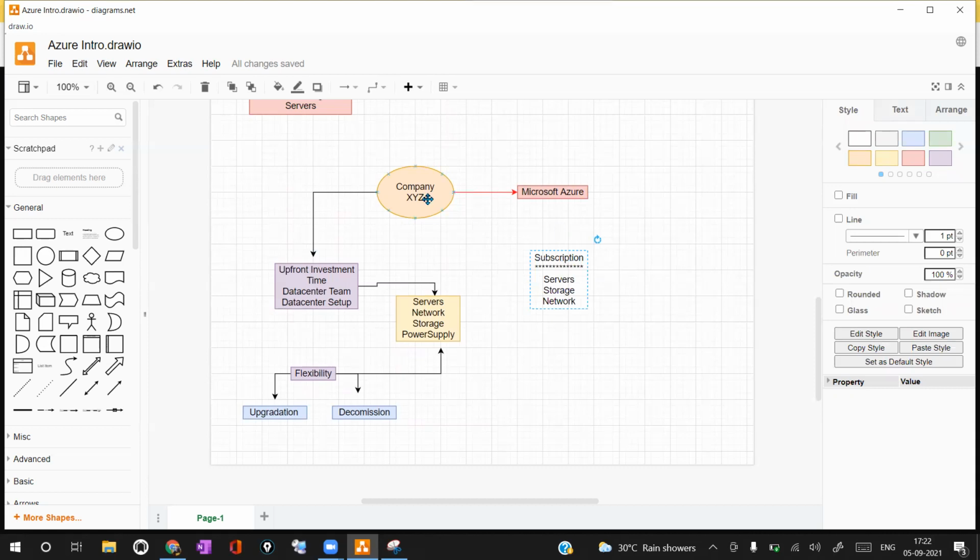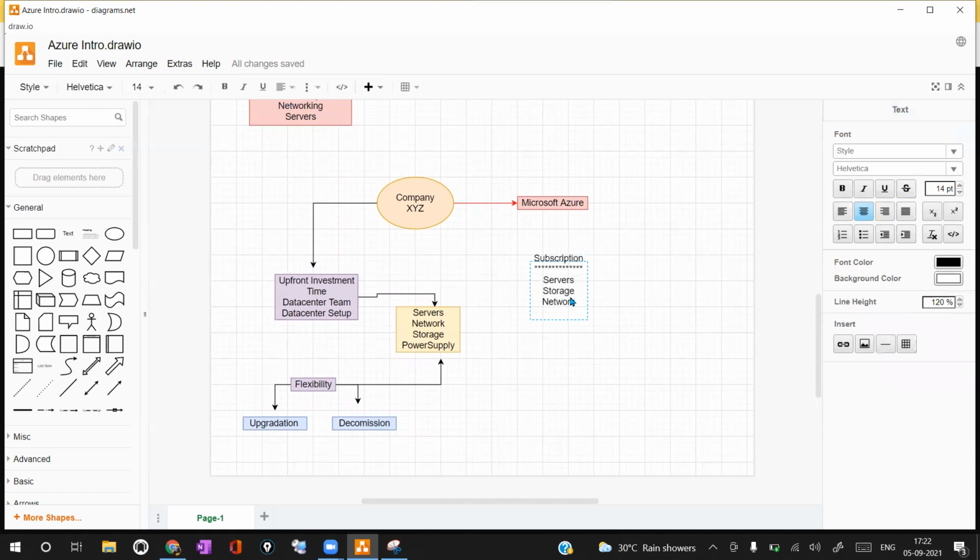In Azure, you pay a minimal amount and deploy your services, and the deployment of these services will take very, very little time compared with on-premise.